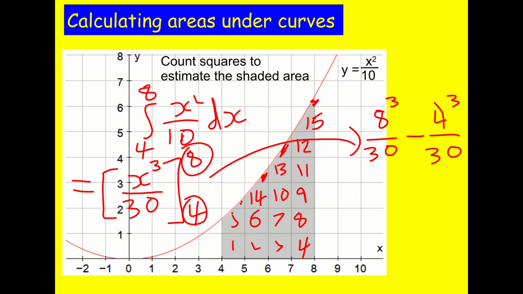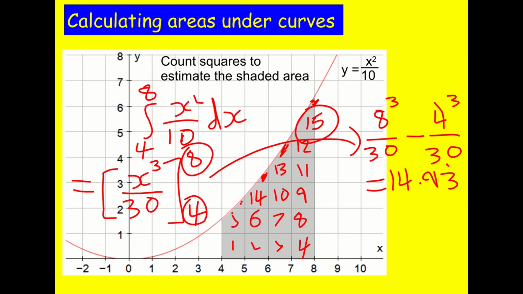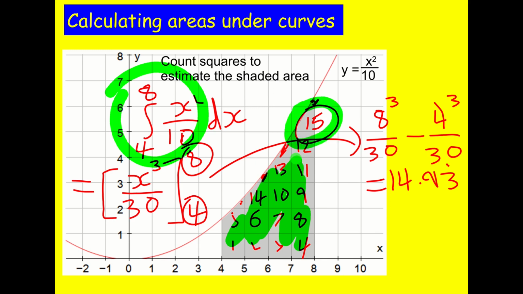Hopefully, you'll have a go at it as well. 8 cubed over 30 minus 4 cubed over 30. What do we get? We get 14.93 recurring. Compare that with our 15. Actually, what integration can do is calculate the area under a curve. This definite integral allows you to do that. We've counted squares and we have done it exactly, and we're pretty close with our estimate of 15,